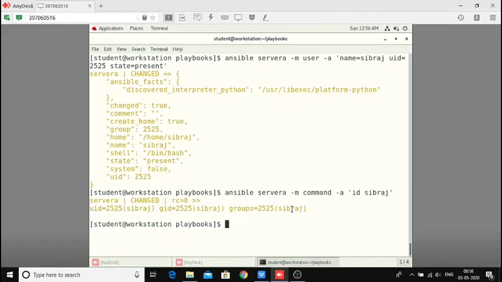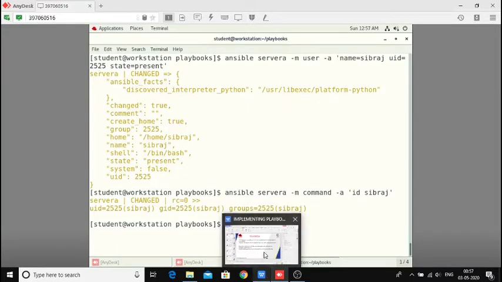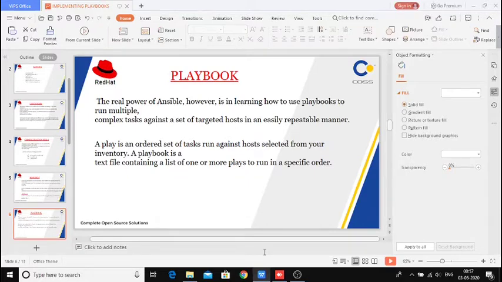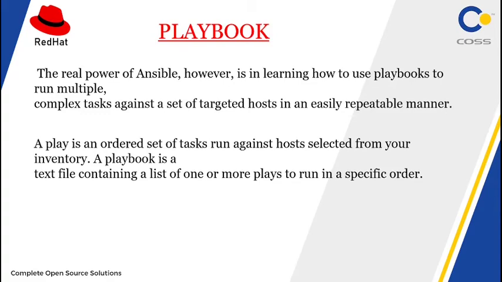However many times I want to execute it, I have to write the command here. To overcome this, Ansible has given us one more thing, called the playbook.